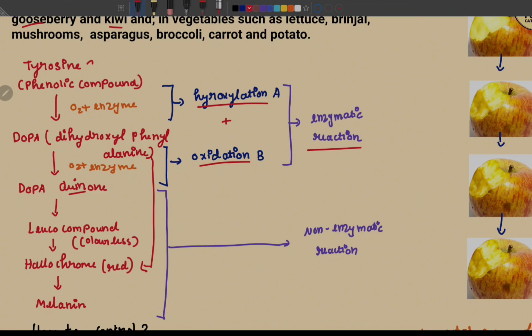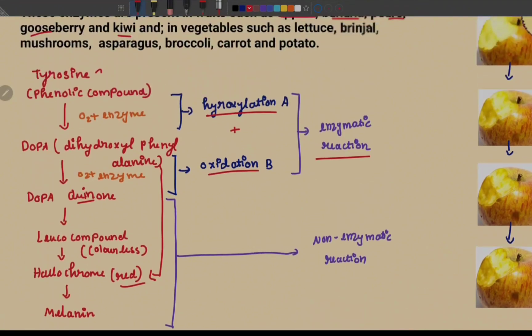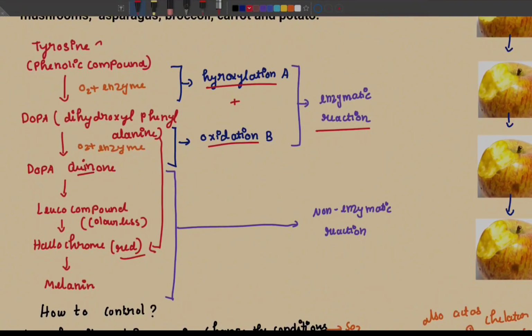Leuco compound is a colorless compound. Further it will degrade to halochrome, which is a red color. Sometimes what will happen, this dopa will automatically produce the halochrome, and that halochrome will produce the melanin at the end. Okay, so the step is, first of all, I am taking any one phenolic compound and